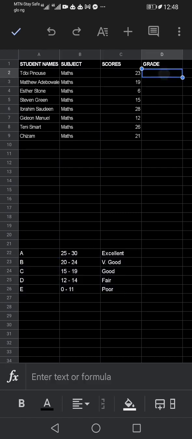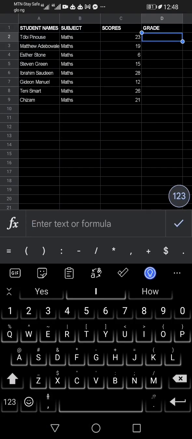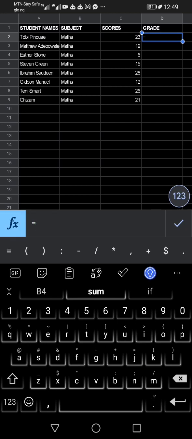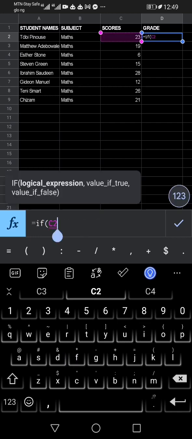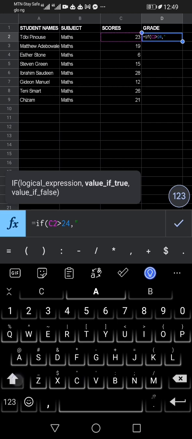All right, so I'm just going to click on this first section here where I want to have my grade, and I'll start with the equals to button. After that, I open brackets and then I type all this instruction. Now if you look at this section, it is C2. I will say if C2 is greater than 24, comma, then the value for the grade should be A,